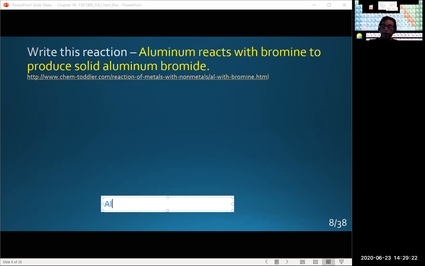It definitely will have a plus charge. Specifically, what's the magnitude of the plus charge? It's in group 3, exactly. So it will be a +3